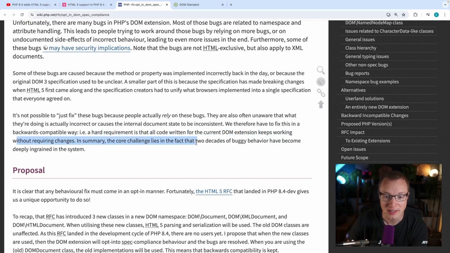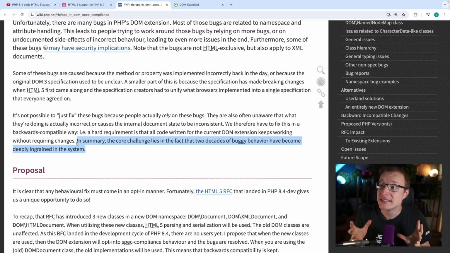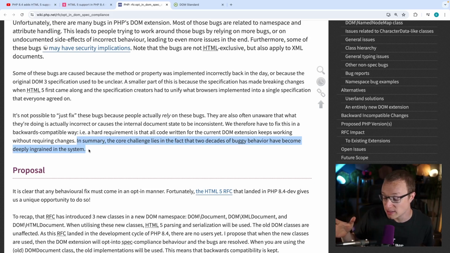In summary, the core challenge lies in the fact that 2 decades of buggy behavior have become deeply ingrained in the system. And how much I love this statement. This is like almost poetry, right? And because, you know, it's so true of real software development. It comes so close to, this is real life. We can talk about specifications and best practices, but this is just what happens in real life. And I think it's a testament to PHP's success. Okay, it's never been perfect,